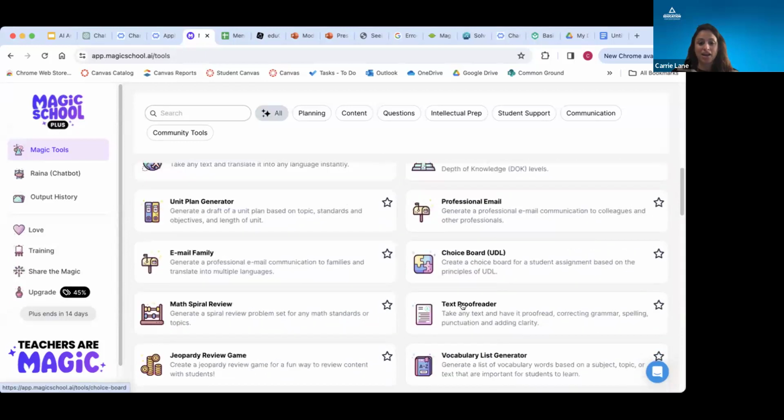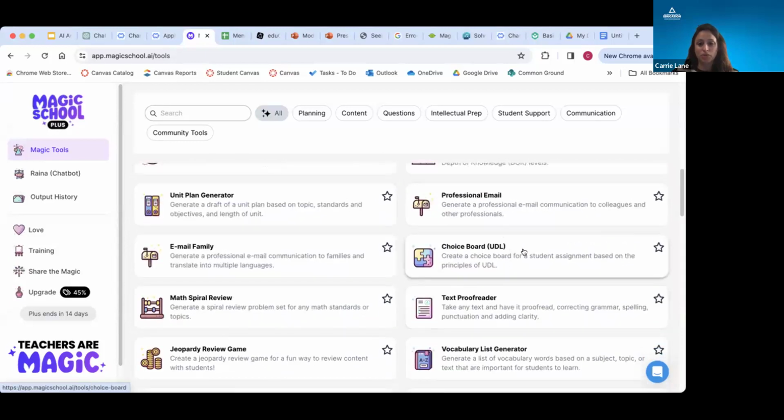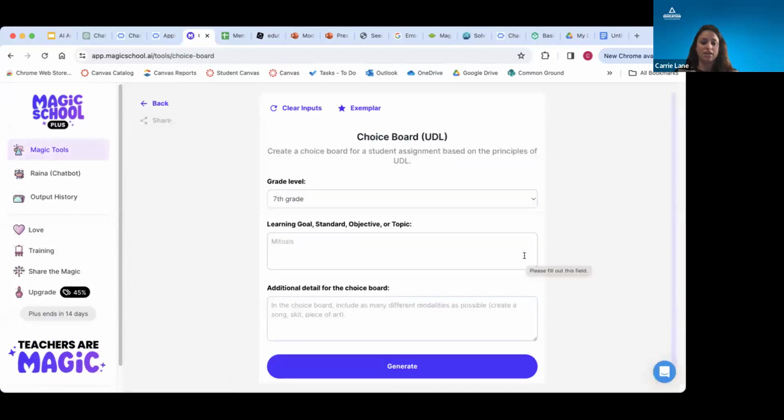And so I even today was working on a choice board for UDL. And so if you're familiar with UDL, it's the idea of multiple means of representation, engagement, things that you can do for your students that will make learning more accessible to them. And so if you have